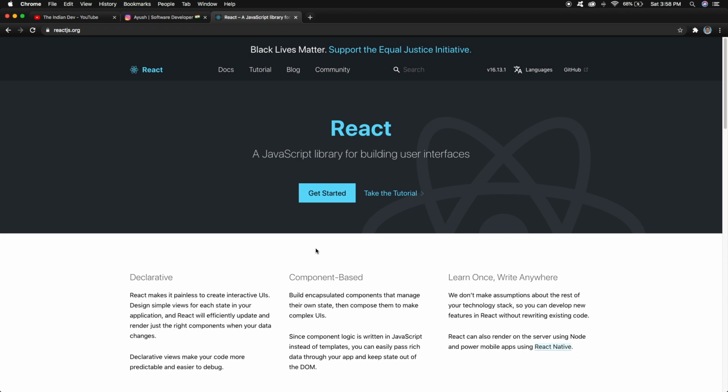React manages this kind of update very smartly. It only updates the div, or the component, that needs to be changed. The rest of the things will be the same, so it will not take much time to update the UI. And as we know, it is a JavaScript library, so it runs all around your browser. If you can see here, if I go to the documents section, then